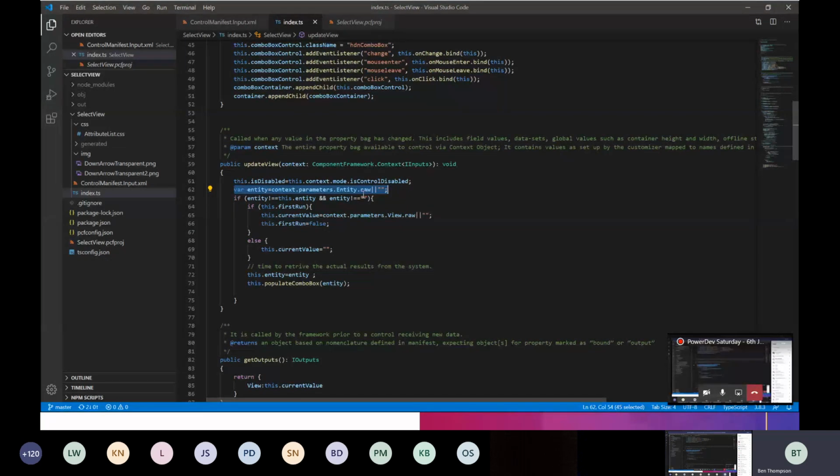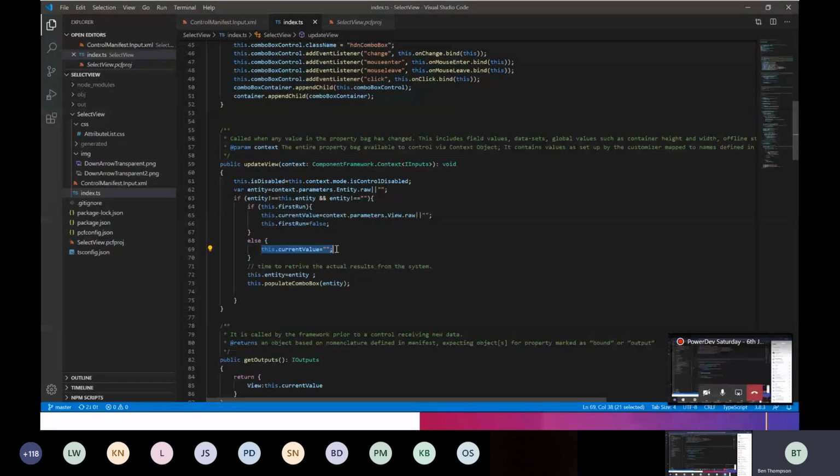And this line here says, if the current new value is different to the existing value, and this new value isn't blank, then we run as appropriate. Either if it's the first time round, we take the current value and we use it, and we mark this first run false, or